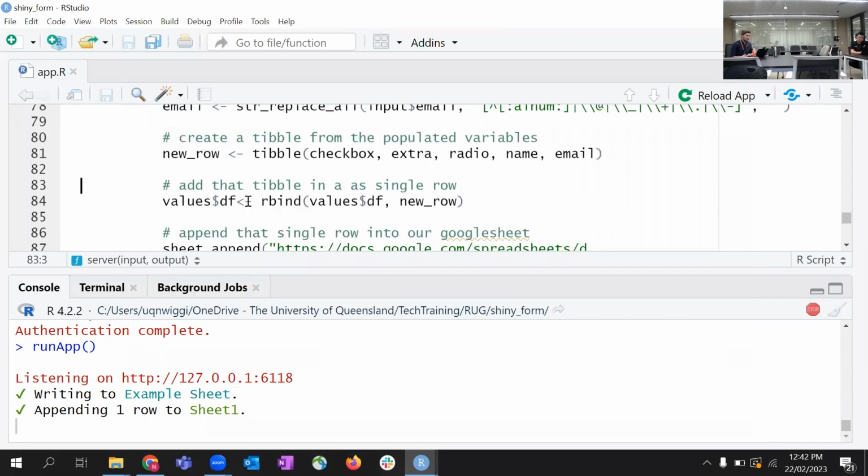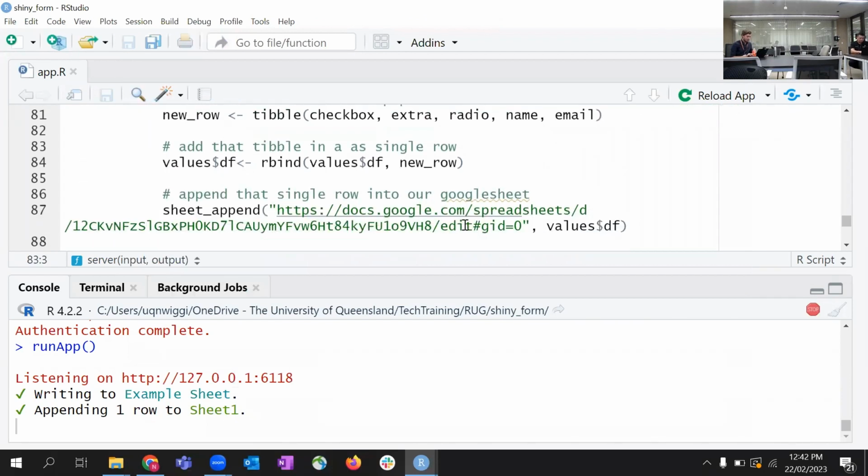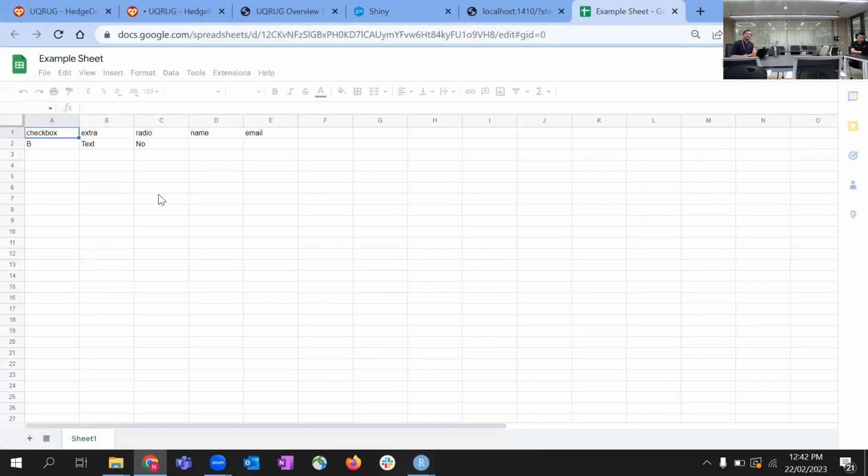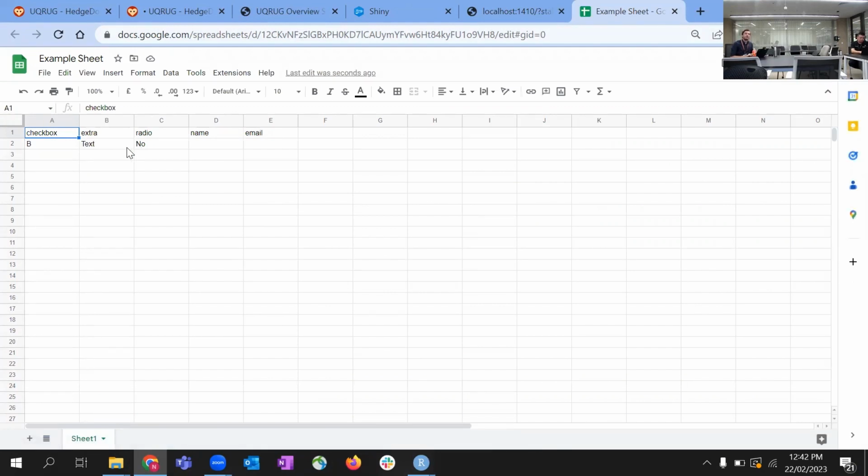If I want to have a look at this now, I can actually go to my Google Doc link here. I wonder if I can go directly from, oh, I can. And you can see here, I've then filled that out: B, text, and no. So this is exactly what I did with our